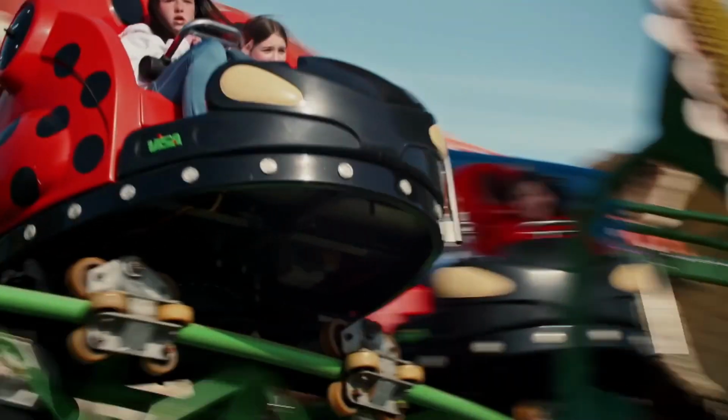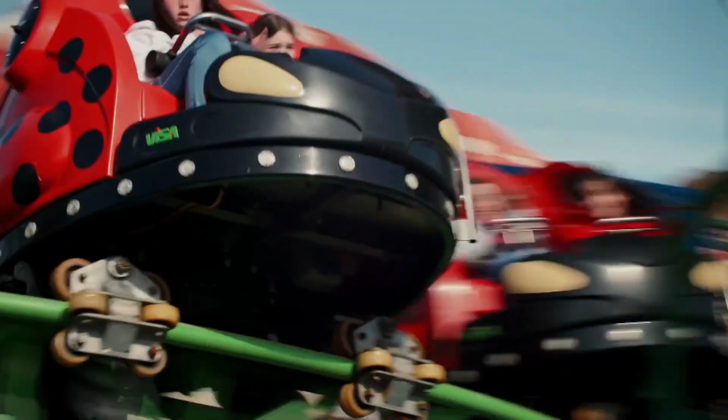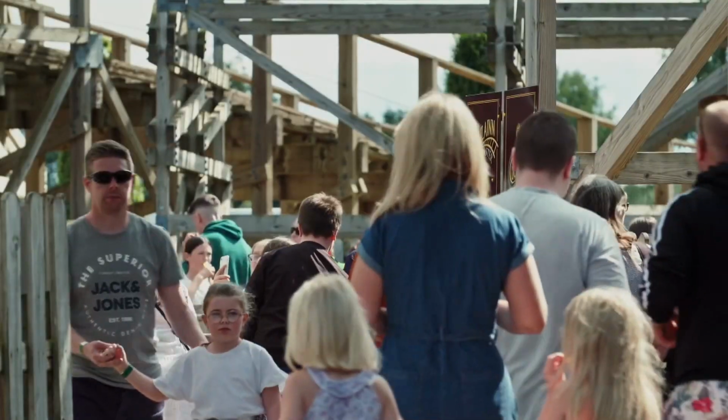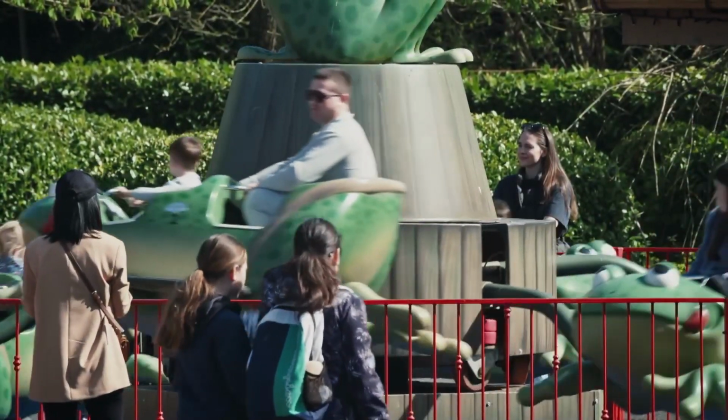Since Tayto Park opened its doors in 2010, it's been a popular attraction for people from near and far. There are those ladybirds again. That is such a good idea for that shape of coaster car. Contrary to popular belief, Tayto Crisps do not own the theme park. Oh, the frog. That's such a good idea to have frogs as the animals for the...